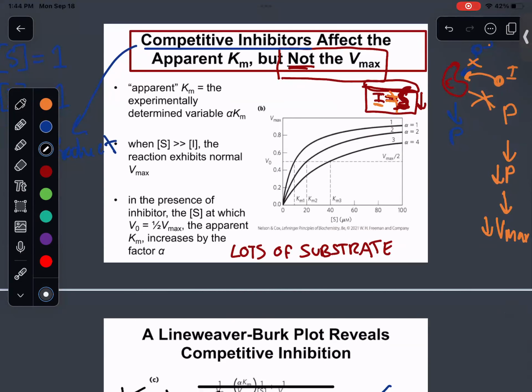So if you see on an exam, these three lines are intersecting on the y-axis, what does that tell you? Oh, the Vmax didn't change. The Vmax didn't change. So you can write that down on the side. Vmax unchanged. Same thing. Okay, good. So what's the other piece of information we need to determine what kind of inhibitor we're working with? Km. Absolutely right.